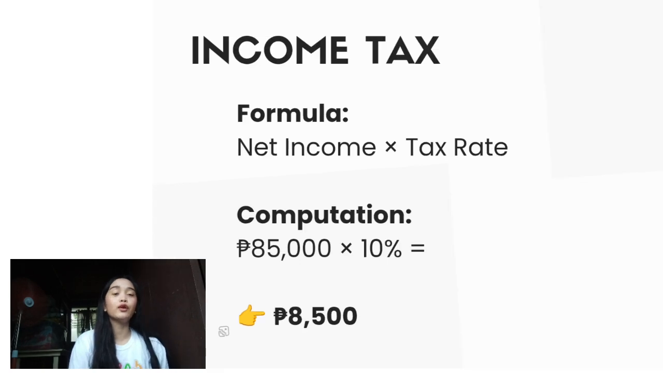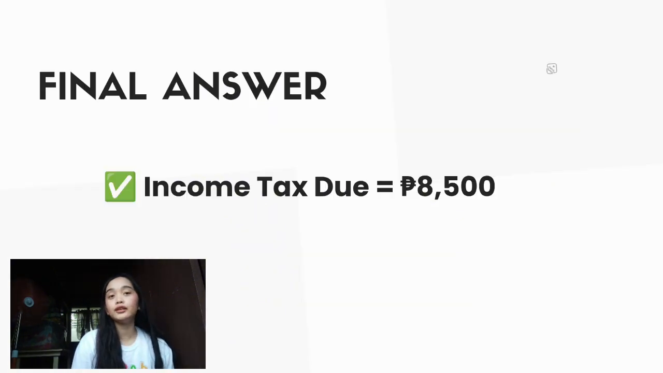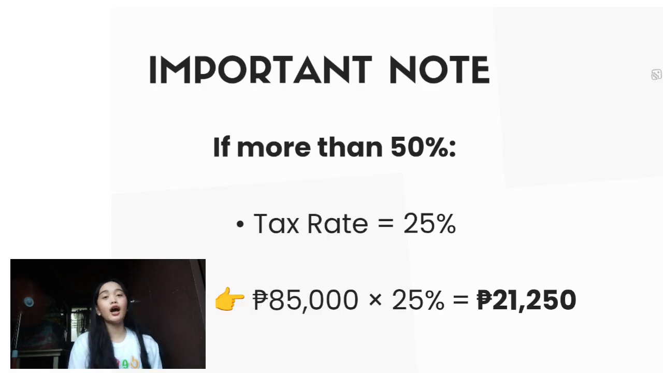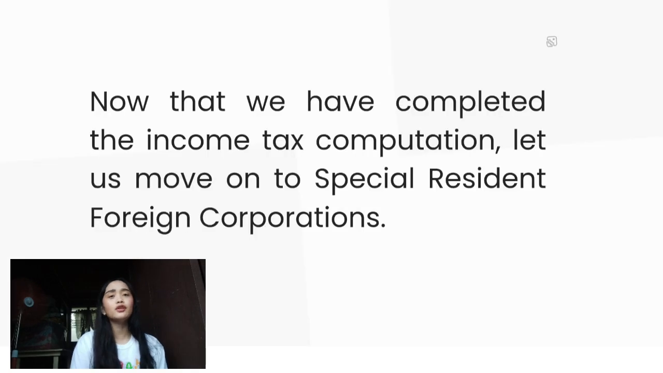So finally, we compute the income tax due. So 85,000 multiplied by 10% results to 8,500. Therefore, the income tax due of Ultimate Hospital is 8,500 pesos. Take note, if the unrelated income exceeded 50%, the tax rate would become 25% and the tax due would increase to 21,250. So now that we have finished the computation, let us move on to the second topic, which is the